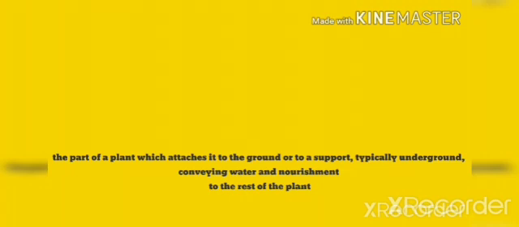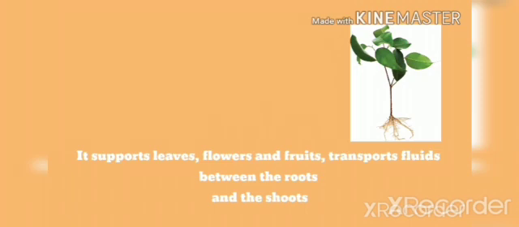Students, now we are coming to the second part, that is stem. Stem is the part that we can see. It is above the ground. Stem holds the plant upright and straight. With the help of stem, the plant is standing upright. We can see flowers, fruit, leaves and birds on the stem.